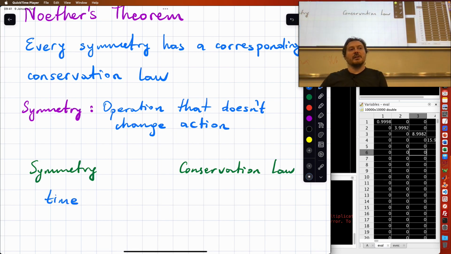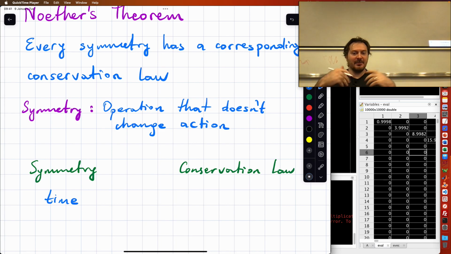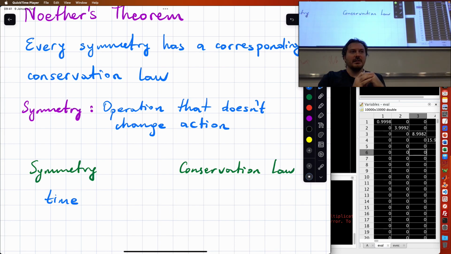Your system could be symmetric in time. What does it mean? You have an experiment here at 1 a.m. Was 1 a.m. the good time? No, it's 1 p.m. You don't do experiments at night. At 1 p.m. you do an experiment. Then let's say you repeat that at 1 a.m. Okay, let's do it at 1 p.m., 2 p.m. Nothing has changed, the temperature was the same in the room, etc. You don't expect the system to behave differently.